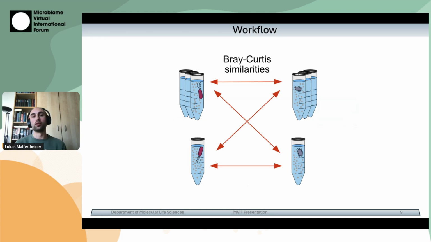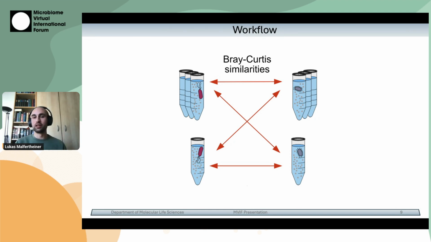One, we compare the similarity of the communities in which they're found. So we're looking at which communities OTU1 is found in, and then we look at which samples or communities OTU2 is found in, and we compare all the samples of OTU1 against all the samples of OTU2, calculating the Bray-Curtis similarities. And in the end, we average this out, and then get one value that tells us how similar their